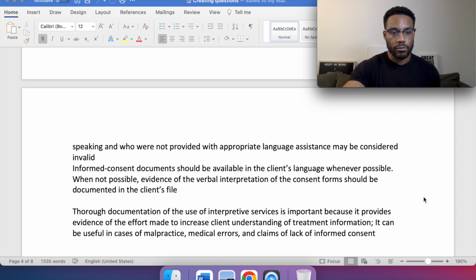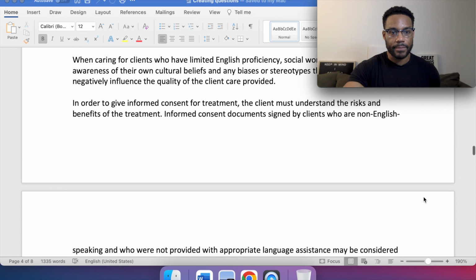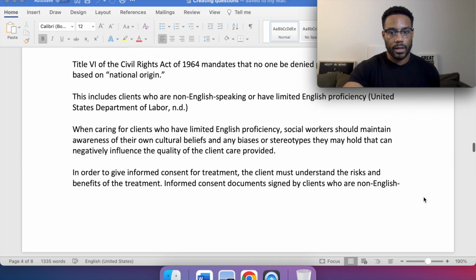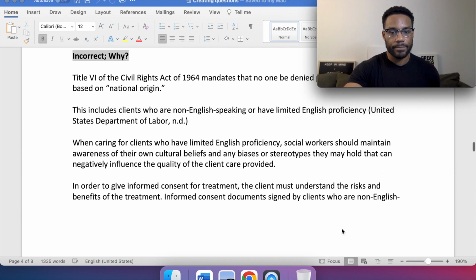Also, just scrolling back up a bit to this one right here. In order to give informed consent for treatment, the client must understand the risk and benefits of treatment. Pause right there for a second. This isn't part of the question, but remember, when a client gives informed consent, just like with the DSM disorders,